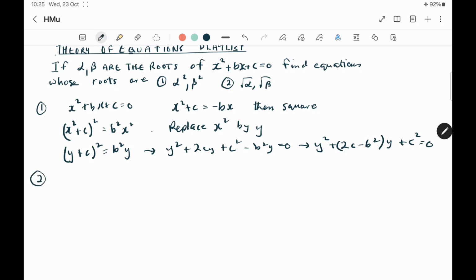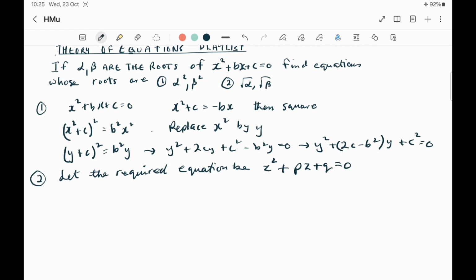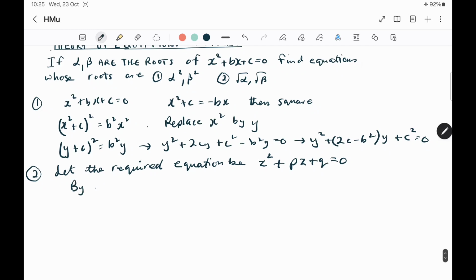With the second part, let the required equation, that's the one with roots square root alpha, square root beta, be z squared plus pz plus q equals 0. So we need to find out what p and q are going to be. So by the method used above, by the method used in part 1,